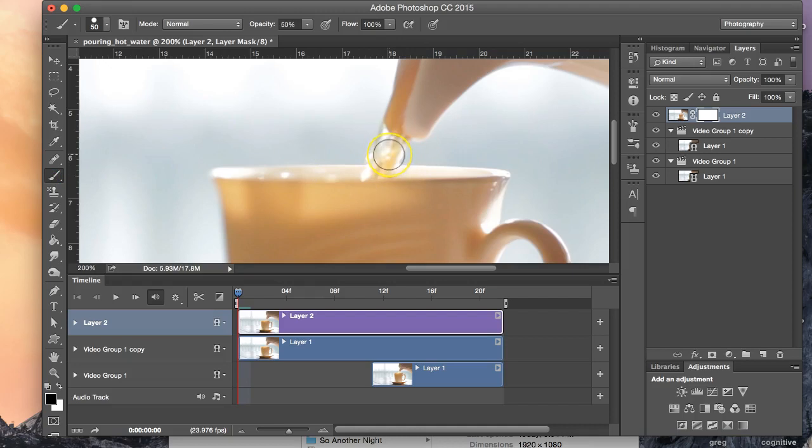And then you want to change the size of your brush by hitting the bracket key to the right of the letter P, which will make your brush smaller, and the bracket key to the right of that, the right bracket, will make it bigger. So get a brush size that will allow you to brush over this liquid, but not too big. Now, in order to see the masking that I'm doing, I'm going to go over here to my